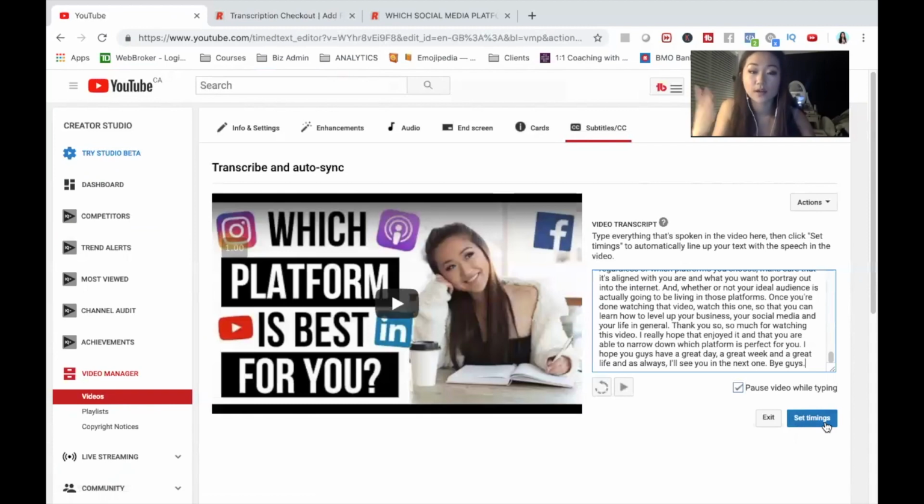Now, YouTube does take a while to match the audio of your video to the text. So just give it a couple minutes, maybe 5 to 10 minutes, refresh your page, and then you're going to be able to publish. Now, again, the reason why you want to have your videos transcribed is to allow YouTube to really understand what is actually inside your video, along with the keywords that you might be using in your video, and so on and so forth. And what this is going to do is help you not only rank on YouTube, but also rank in Google as well.